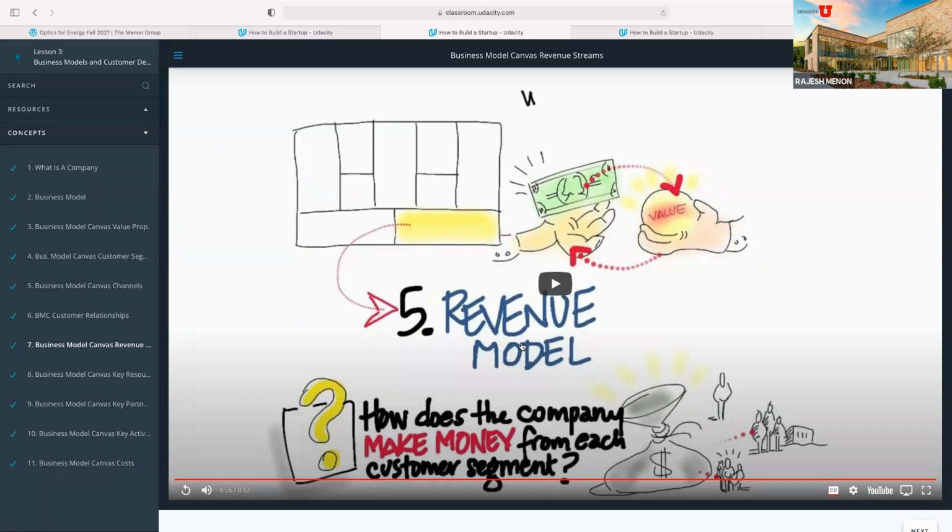Are there consumables also? In your case, I don't think so, but in your case, would you have to replace something? Yes, so you have to kind of replace it. That would be a consumable. You can offer a discount, or you can sell it directly, or you can offer it as a service contract. Lots of different options.